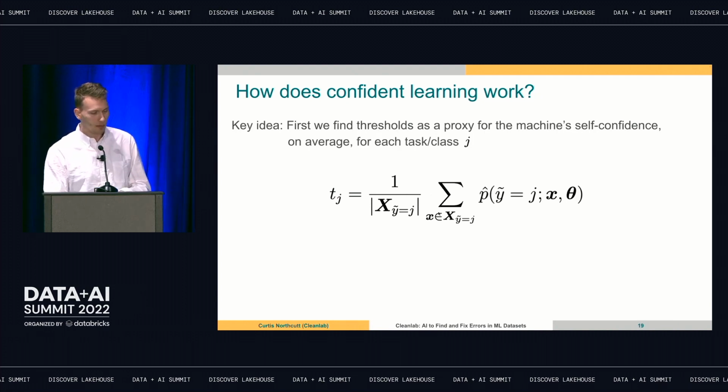And then this thing is a mean. It's just taking the average after summing. And then the really key part is this part here. It's saying just look at the data that's in class J. Not the true class J, but what we get to observe, the noisy observation of class J. Say you have a bunch of images, and some of them are labeled dog. Then you take all the images that are labeled dog, and you take the predicted probability of class dog for all the images labeled dog, and you average all those predicted probabilities. That gives you an idea of how confident the model is in things that are labeled class dog.